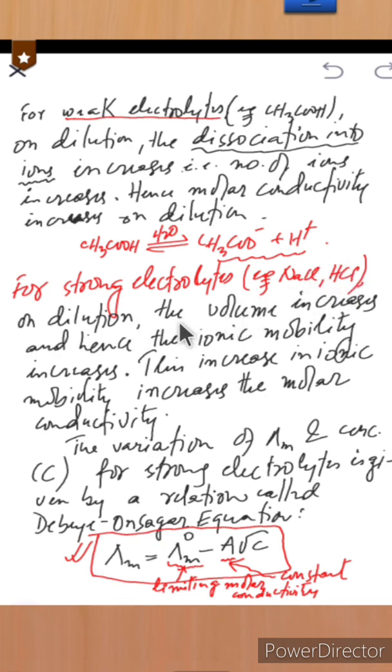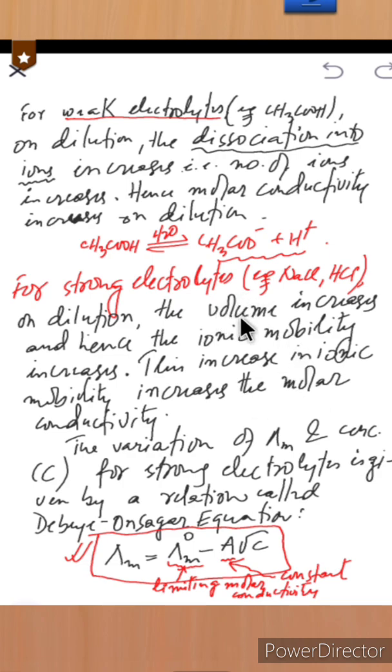But in case of strong electrolytes, the dissociation into ions does not increase, because strong electrolytes are those electrolytes which dissociate completely into ions already. So decreasing concentration by adding water does not increase the number of ions produced. But